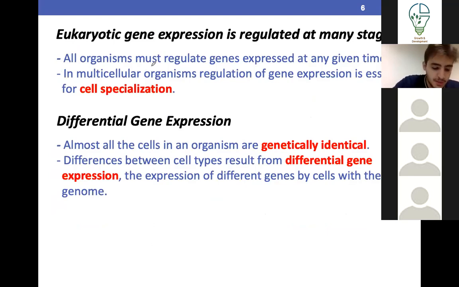So when we talk about gene expression, as you know, all cells have the exact same genes. But why is a liver cell different from a pancreatic cell? It's because the liver cell has some genes turned on that are different from the pancreatic cell. And this brings us to the first concept that you need to understand, and it's called cell specialization. This is a high yield concept. So all cells have the same exact genes, but the only thing that's different is the rate of transcription of those genes, the genes that are on, and the mRNAs that are expressed and translated. That's important to understand. So all cells are genetically identical, but have different gene expression.